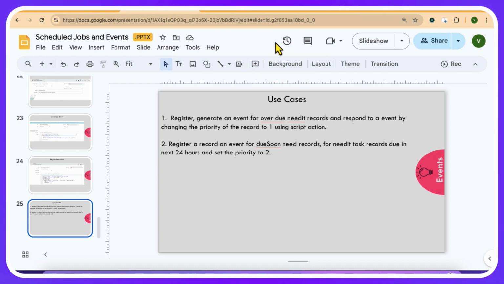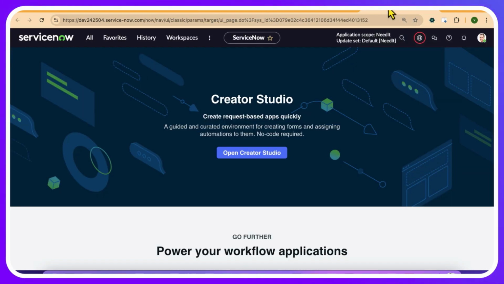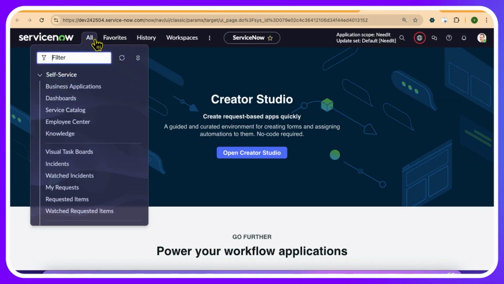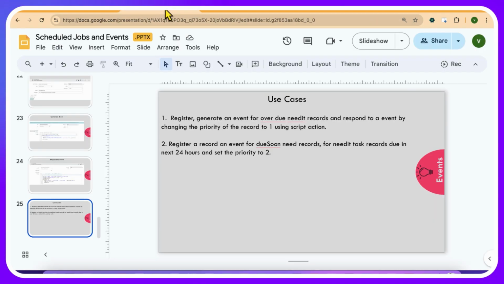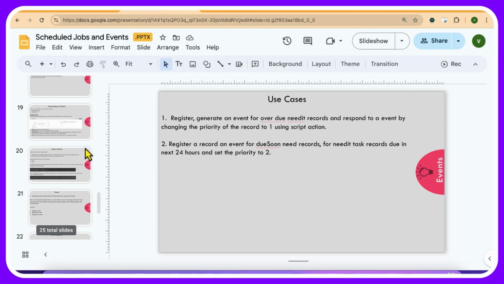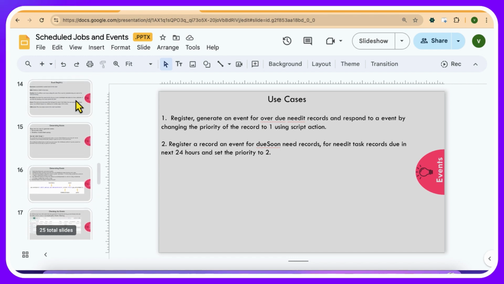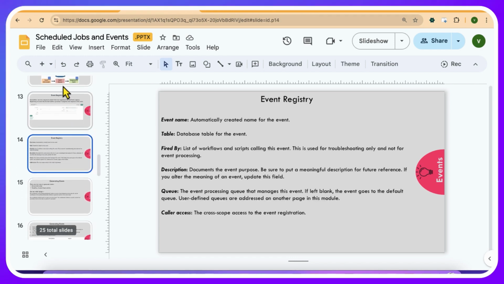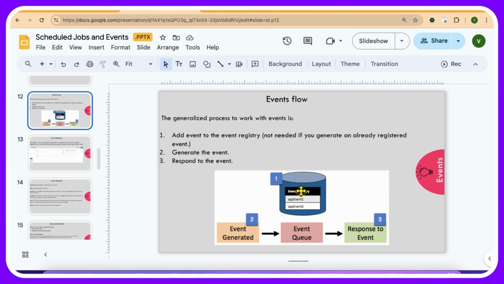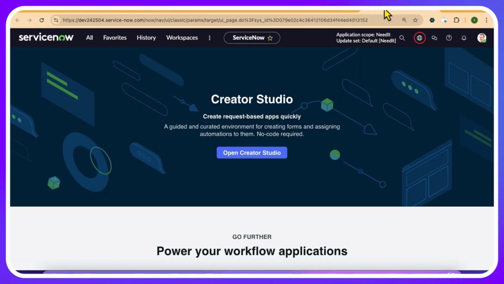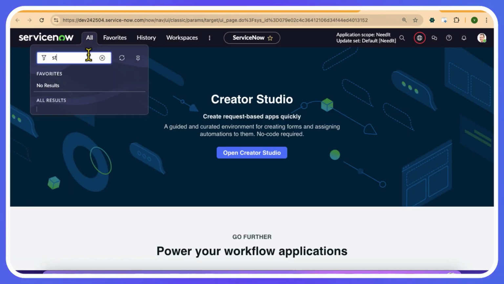In the previous discussion, while we were discussing scheduled jobs, we already created scheduled jobs for it. So right now we are going to generate an event through the scheduled jobs. First, let's go to the process of the event generation. First we have to register an event. Go to the studio